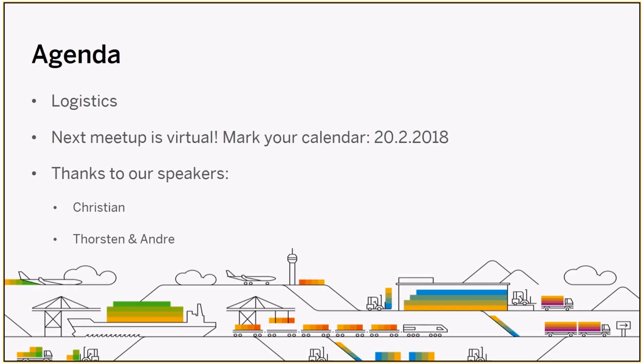And our next meetup, we've decided, because it's difficult to get speakers on real hot topics on premise, that means into Heidelberg, is going to be virtual, so mark your calendar. There will be interesting speakers like we have today. And thanks to the speakers for having made it to Heidelberg.